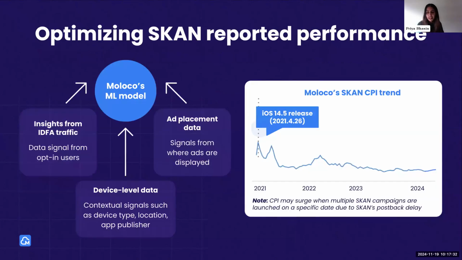And lastly, tackling the points above significantly improves SKAN performance. However, optimization remains a challenge, given SKAN only provides aggregated metrics, and impression level data is critical for our optimization and ML. To support advertisers leveraging Moloco, we are continuously investing and innovating on the ML side to improve our